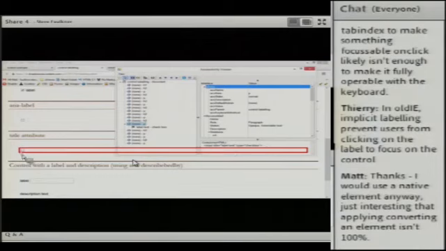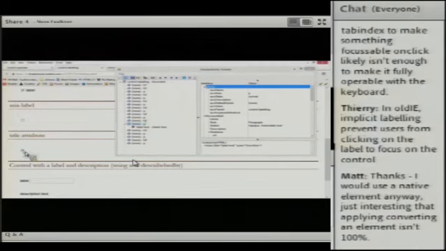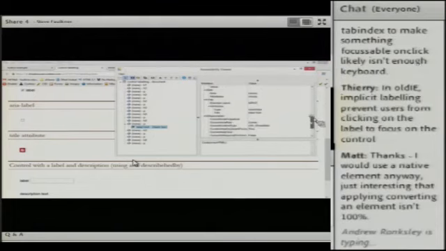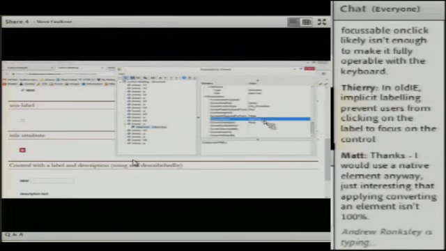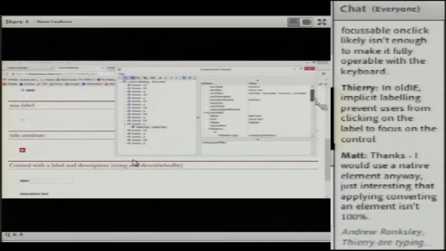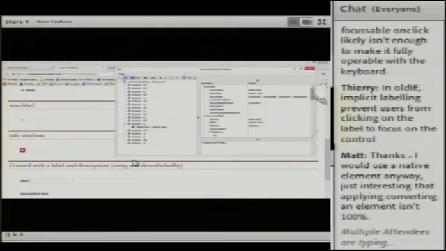So the accessible name here is label text, and that's coming from the title attribute, and that's the same throughout them all. It's sort of like a label or accessible name of last resort.